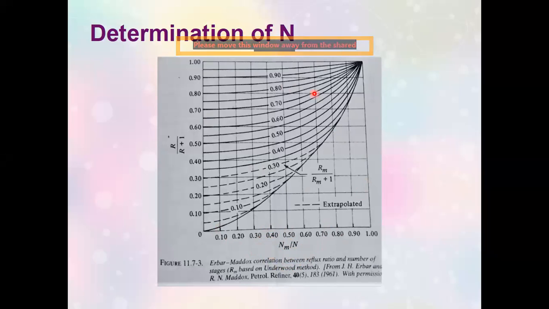Where do you see this particular graph? This one has an equivalent in your handbook, but this one specifically was taken from Geankoplis for ease of snipping it and sharing it with you this afternoon. But there is an equivalent of this found in your handbook. I leave that to you to find. If there's a person who knows her way or his way through the handbook, that would be you, because that's the thing that you will be using later on in the board exam. So you find the equivalent of this graph in your handbook. This is a correlation actually determined by Erbar and Maddox.